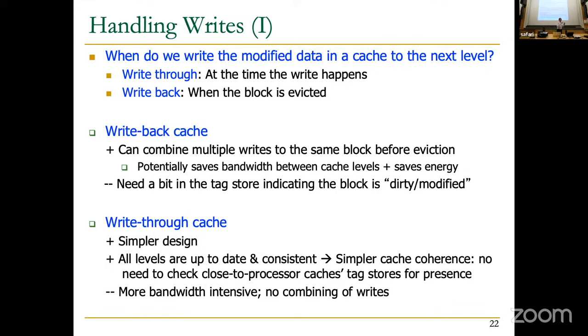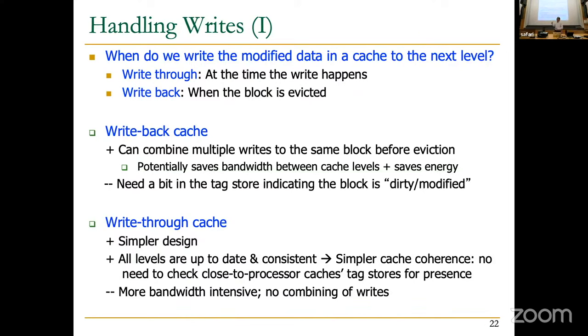Now, if you do write-through, this problem is a lot easier to handle because whenever you do a write, all of the other caches are updated essentially, and you don't have the cache coherence problem as badly. If you do write-back, unfortunately, this problem gets amplified because the writes that you do locally as a processor don't get seen by some other processor with the same cache block. So write-through caches are actually simplifying the cache coherence design, but